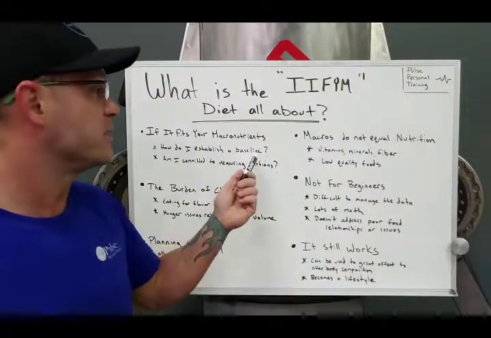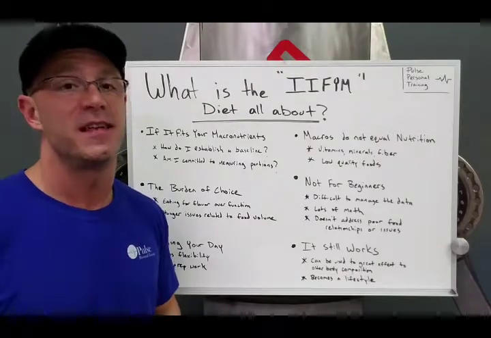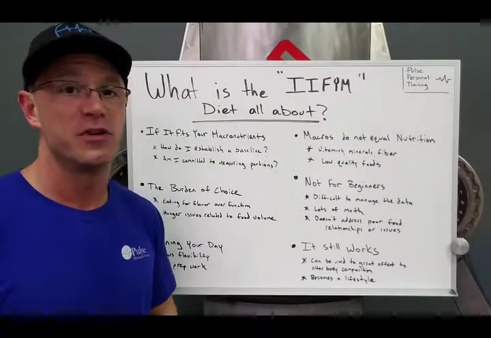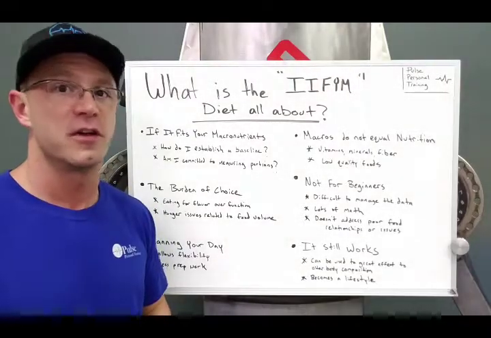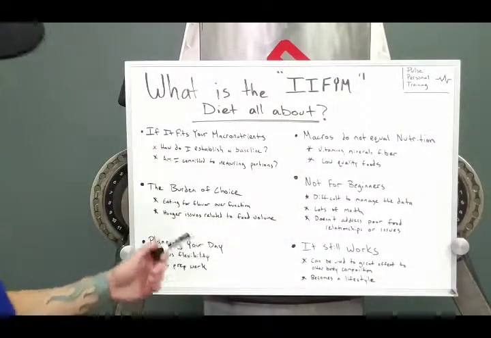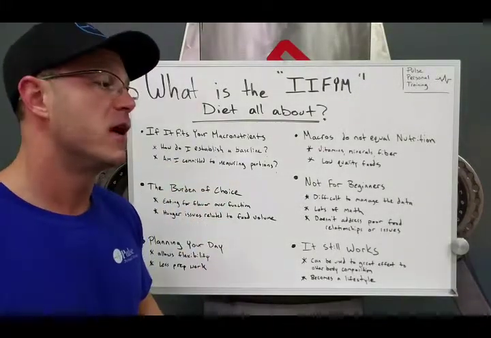To establish a baseline, and I didn't write it down, you can go online and find what's called a Harris-Benedict calculator. The Harris-Benedict equation is an equation that will help you figure out those numbers, and there are plenty of calculators online. Once you find out what your baseline is in terms of calories, you have to figure